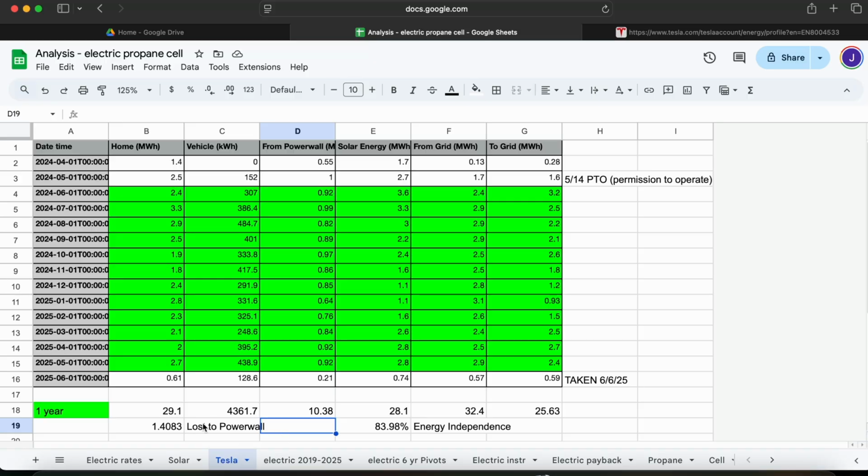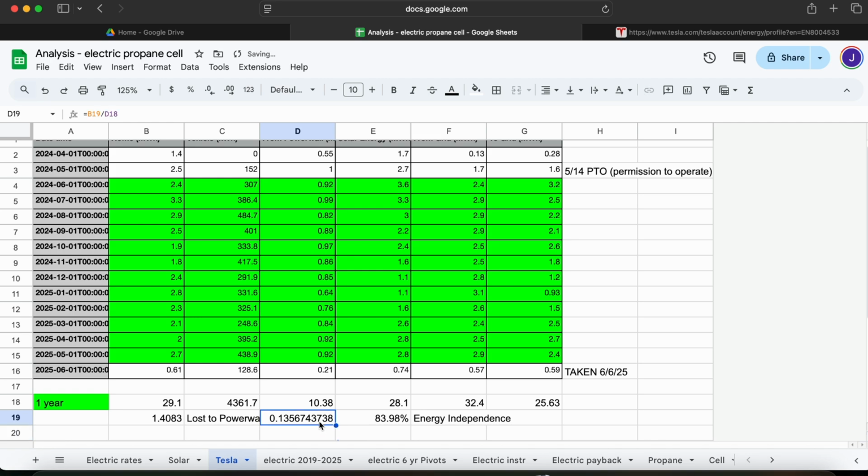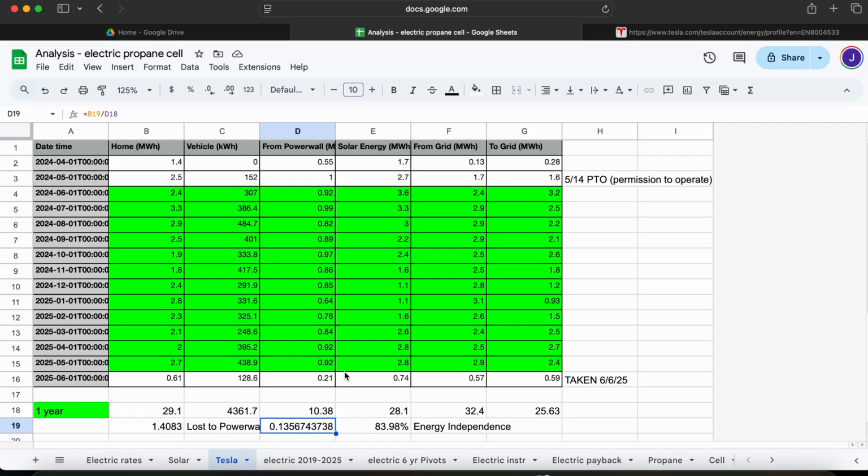One thing I do want to point out is there is a cost to utilizing the Powerwalls in this way. Not only do you have wear and tear on them, but you do lose a percentage of the power as you're charging up and discharging constantly from the Powerwalls. A quick estimate is I think it's about 15% or so, 13, 14%, something like that, of the power we lost in the charging and discharging of the Powerwalls. And like I said, it may result in the Powerwalls not lasting as long either, but that's a consideration you need to make, and you can make your own decision on how you'd want to use them if you install